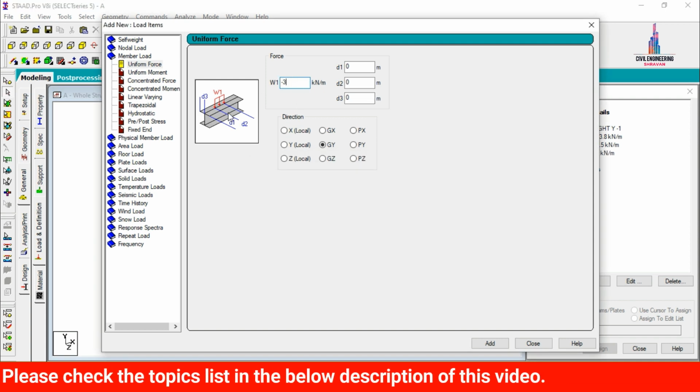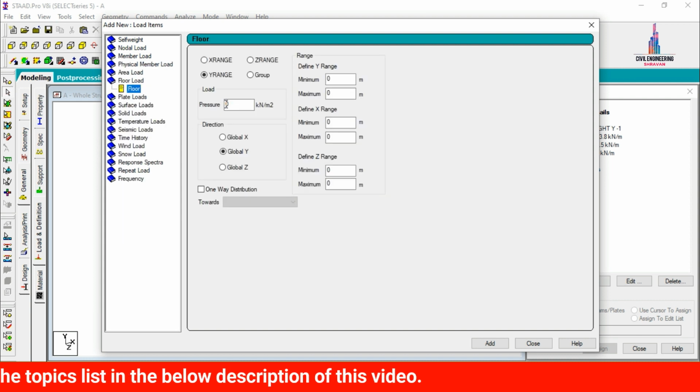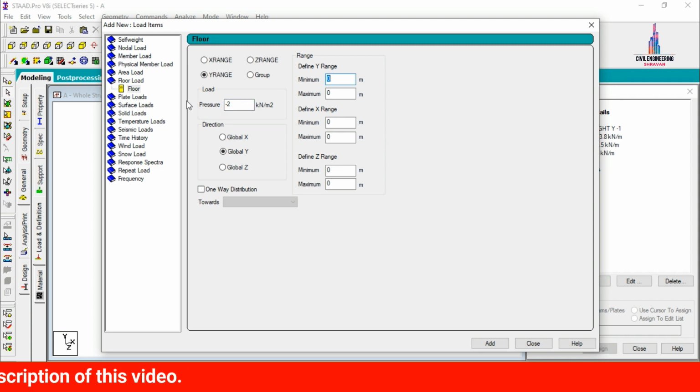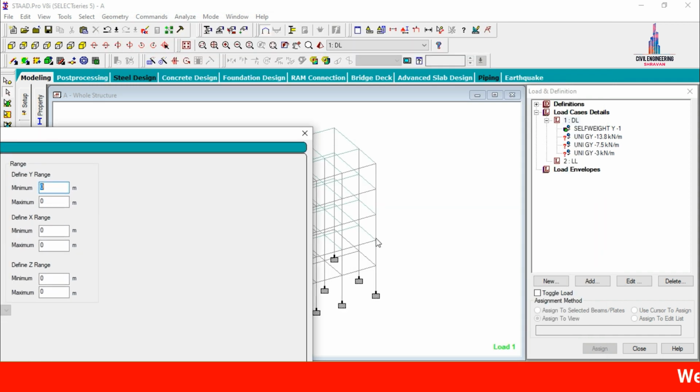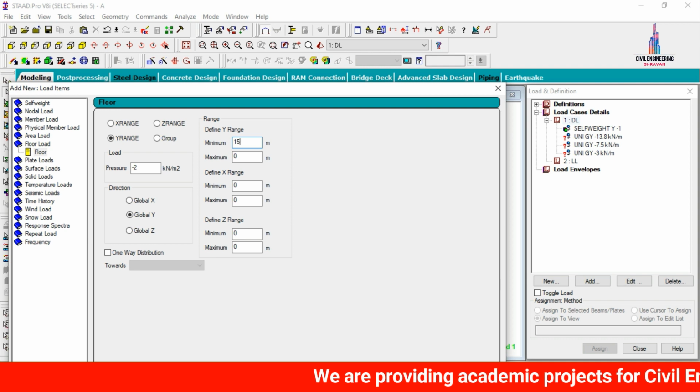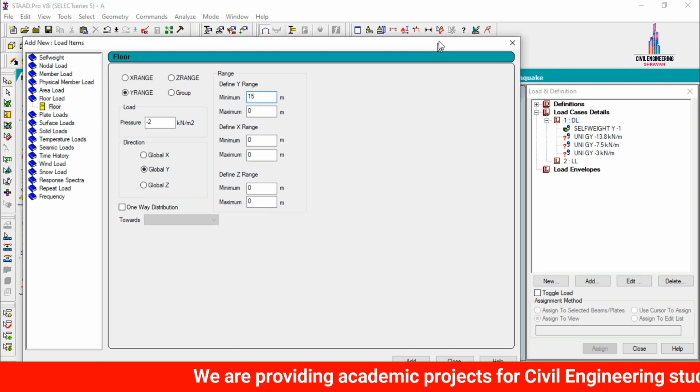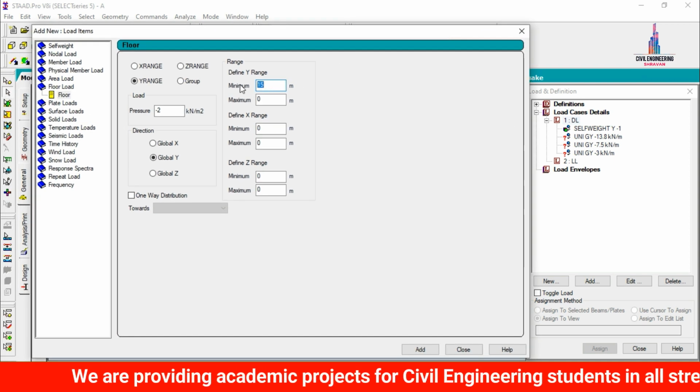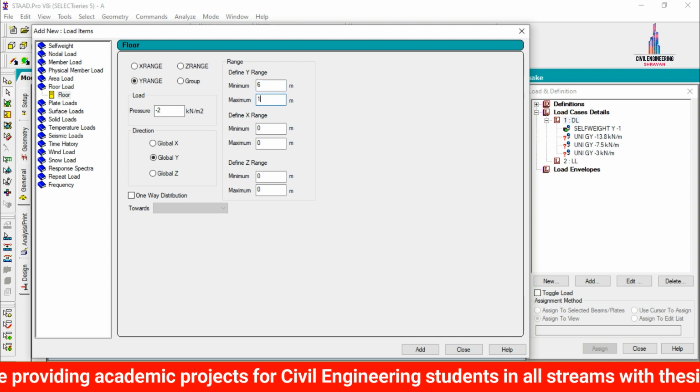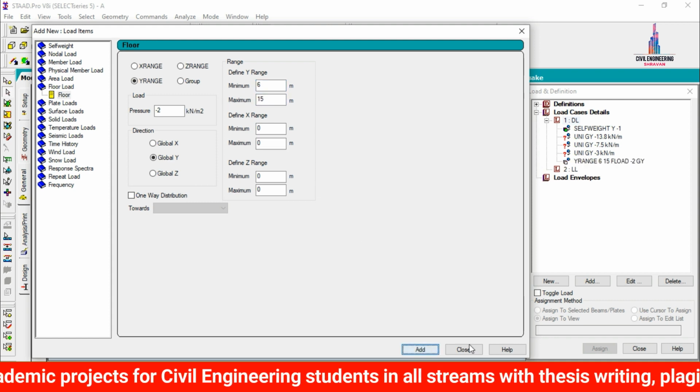So after adding this respective property, we need to add the floor load condition. So as per my assumption, just I am taking the floor load will be consisting of minus 2, which is acting at a distance of, let us consider this respected value of the property, 6 meter. 6 plus 9, 9 plus 12, 12 plus 15. Let us consider it as 15. So here I am considering it as 15 meter height. So minimum height is 6 meter. Again, this respected value is 15 meter. So click on add option, close option.